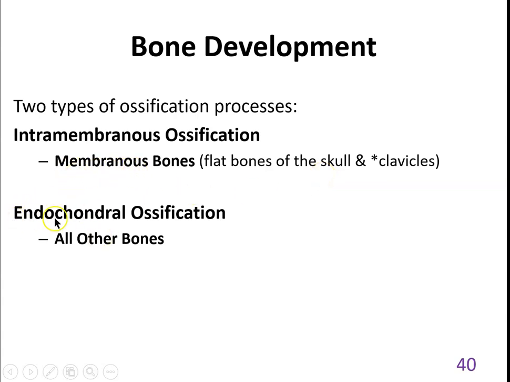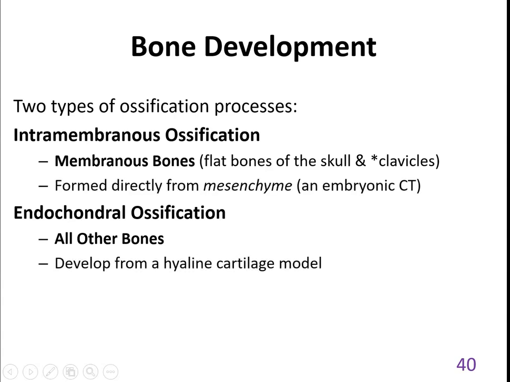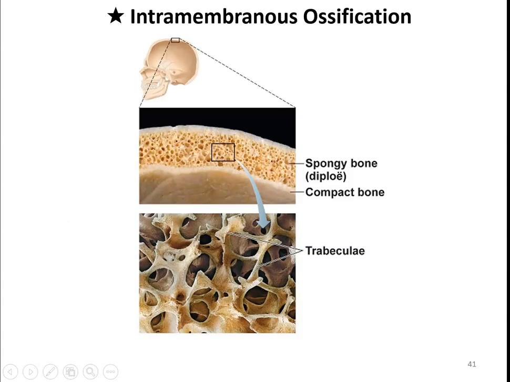And then every other bone, endochondral, endo is within, chondr, that has to do with cartilage. And that means transforming cartilage into bone. So these form directly from the mesenchyme in a membranous way, and these don't. These form from hyaline cartilage. Yeah, cool. So intramembranous is the simpler to envision, or perhaps it's more complicated, but the details are at the